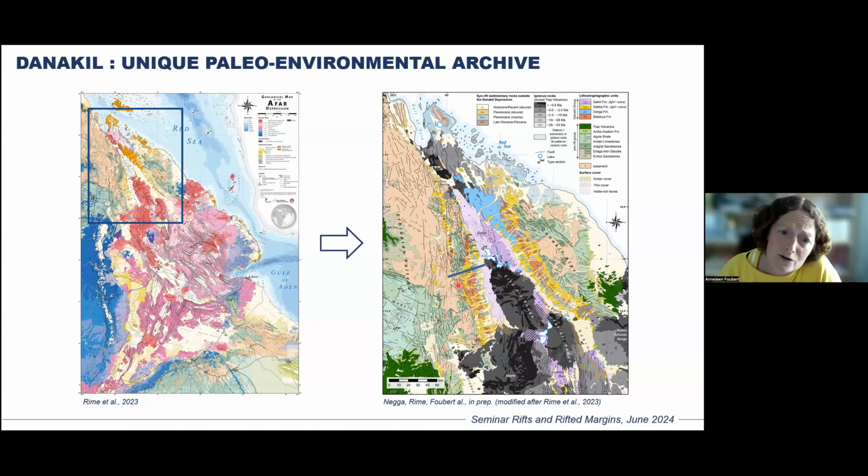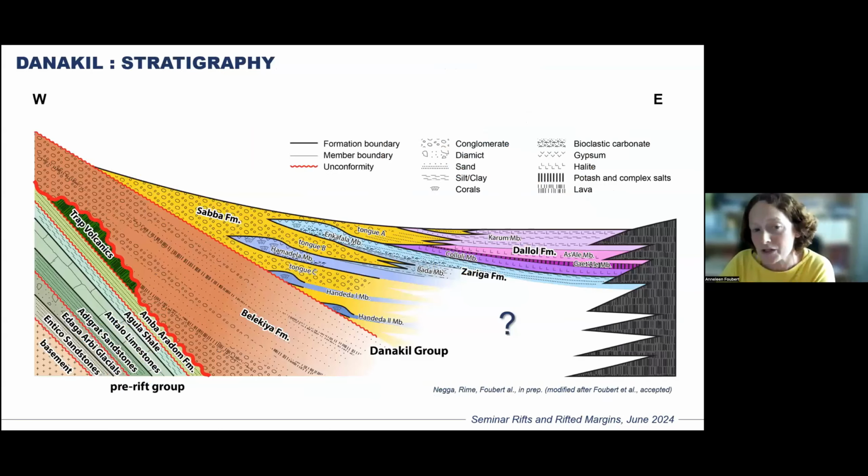Let's have a look at the synthetic profile in the central part of the depression, running from the margins towards the central part of the Danakil depression. Please note that on this synthetic lithostratigraphic profile, folds and other structural features have not been annotated. We first wanted to understand the succession of different units. And when you look at a west-east profile going from the margins of the depression towards the central part of the basin, the first